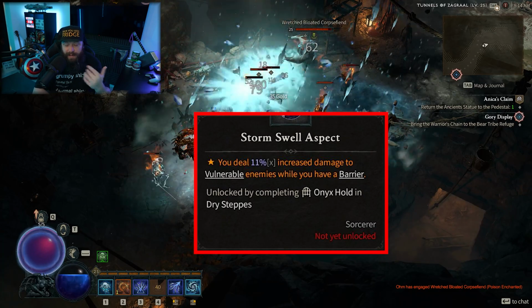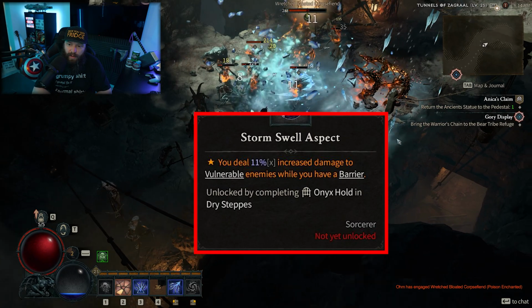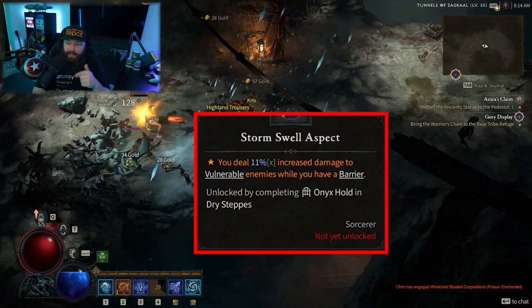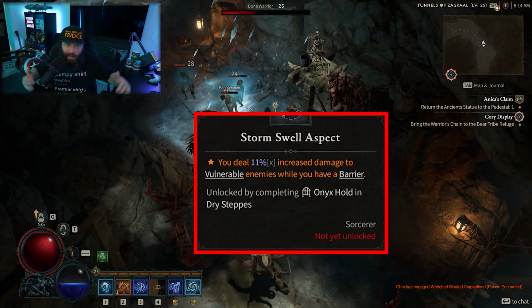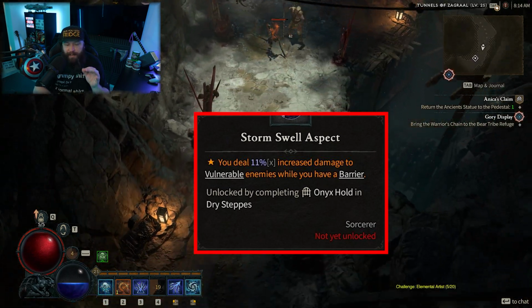There's also some aspects which just flat out give you a defensive barrier when you fight a pack of elites or something like that, like aspect of the protector. And so this is just going to help you deal more damage to vulnerable enemies while you have a barrier. Now, this would have certainly been just flat out better if you just dealt more damage while you had a barrier on you. So you are only going to be able to benefit from this increased damage to enemies that